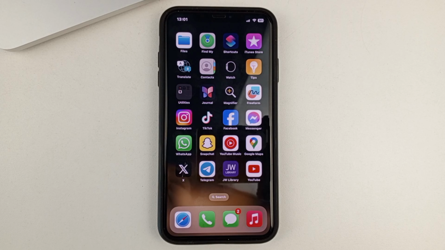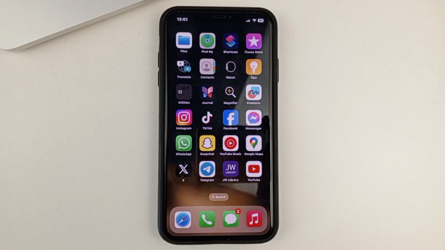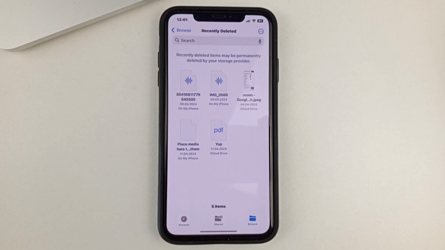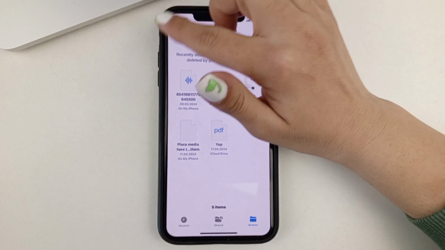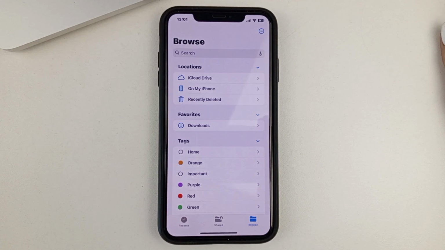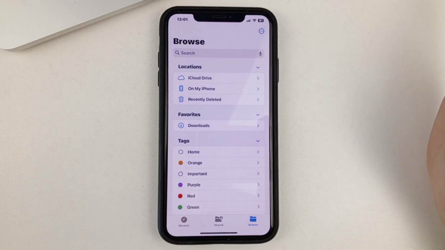First, you will need to find the Files app on your iPhone. This is what it looks like. This is the official iPhone app, so that's where all your files and documents are stored. After you go to this app, you need to click on View. That way, you'll be able to see all the folders that you have here and where your documents are stored. For example, it's stored in the iCloud Drive on your iPhone.